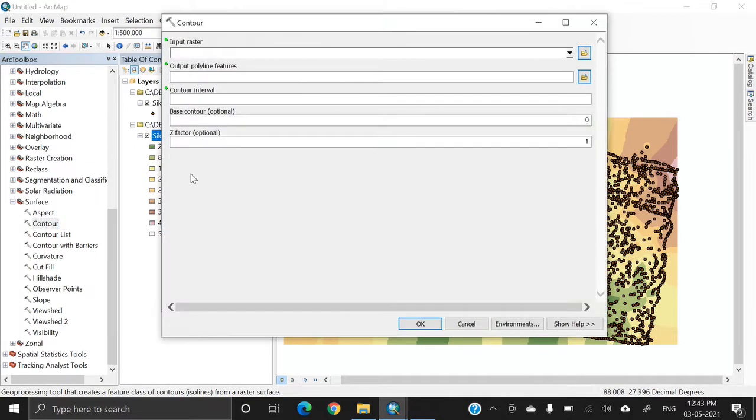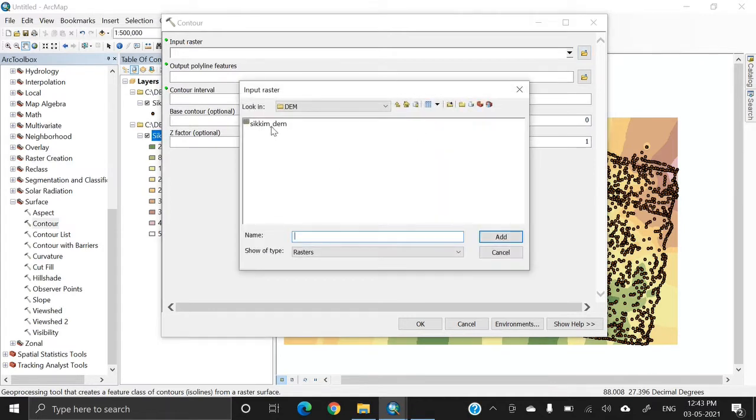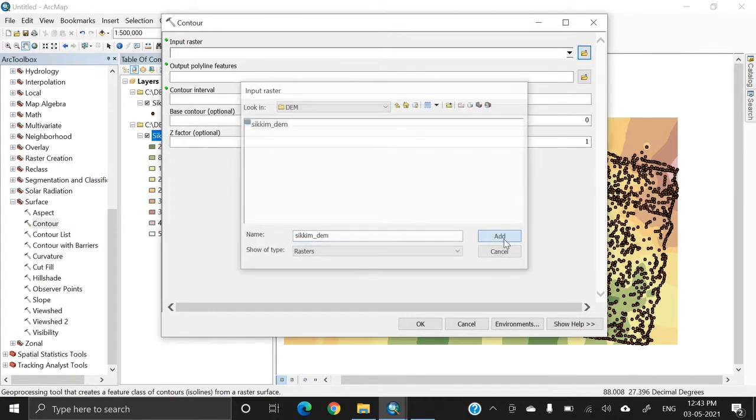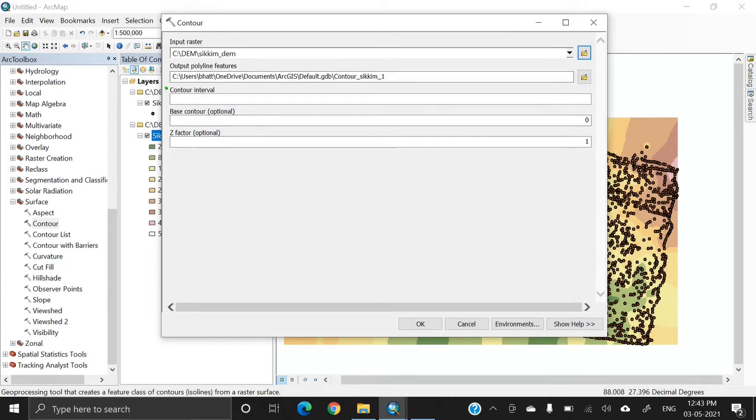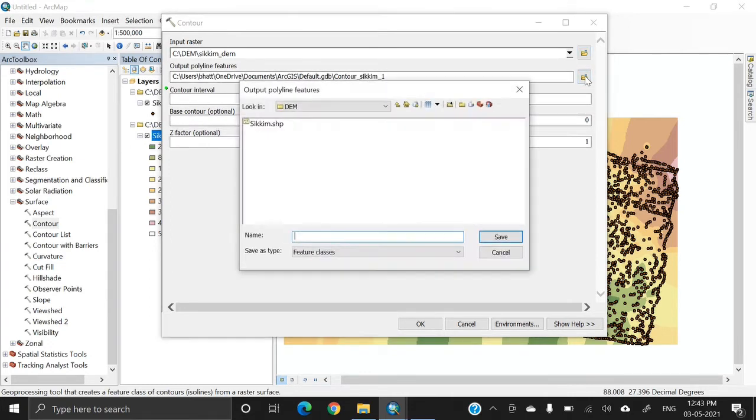Now in contour, you have to select the input raster. Let us select the input raster, this Sikkim DEM, add.